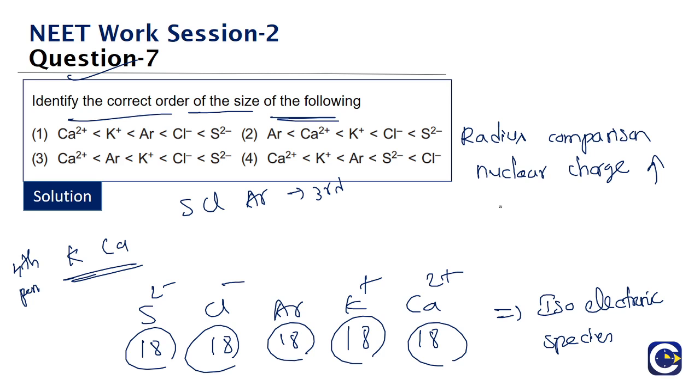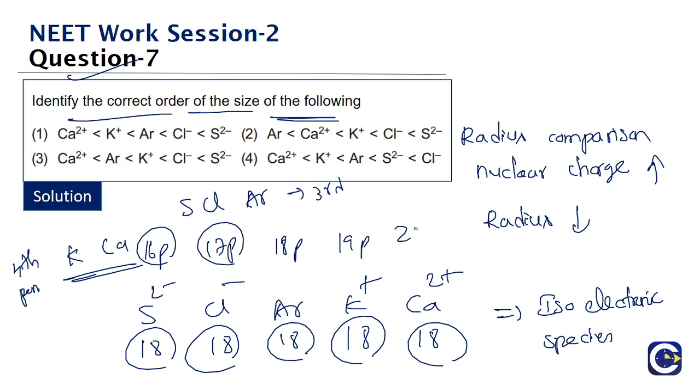So when the nuclear charge is more, the corresponding isoelectronic species radius will be what? Lesser. So if you look at it, when we are exchanging electrons, only the electrons will differ, but the nuclear power will be the nuclear power that is there in the respective atoms. Sulfur, what is the atomic number? 16, right? Means the nuclear power is corresponding to 16 protons. Chlorine 17 protons, argon 18 protons, potassium 19 protons, calcium 20 protons, because nuclear power does not change. The exchange is only in terms of electrons.